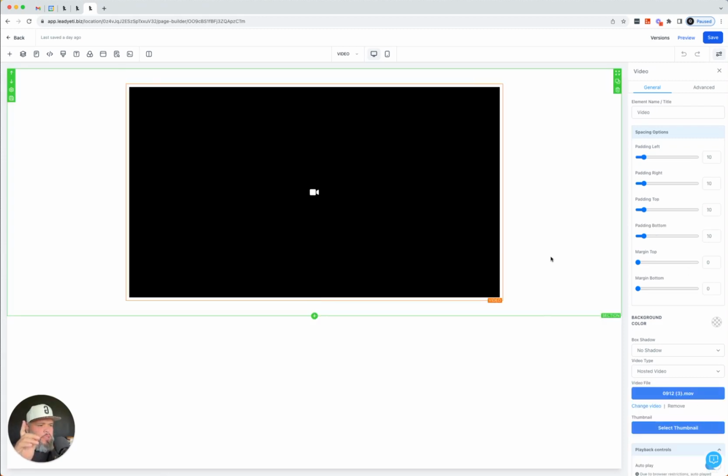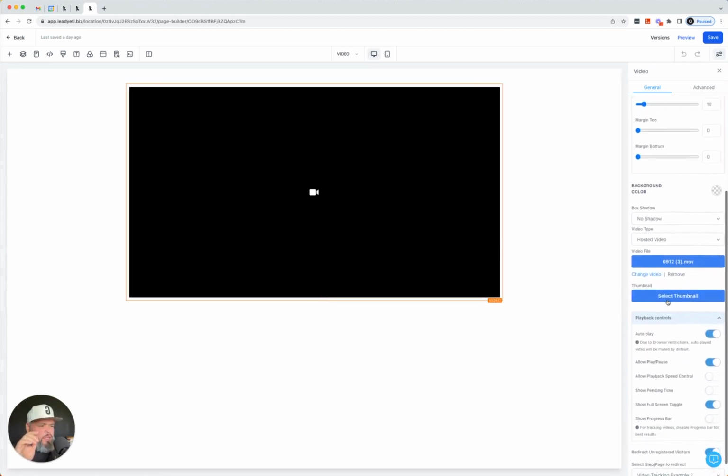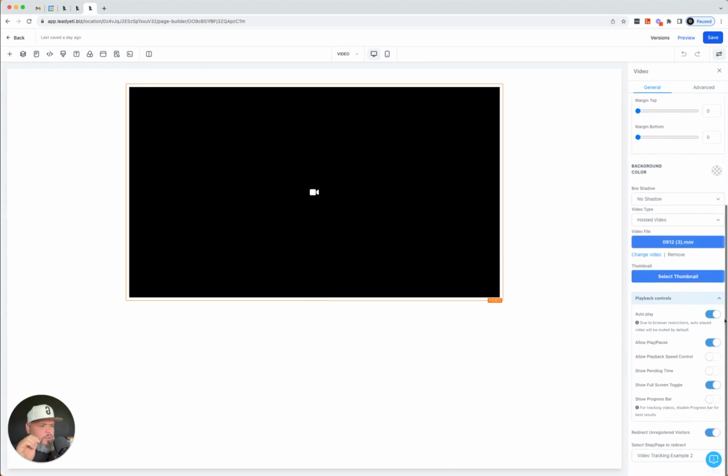First, when you have your video selected here, I want you to allow autoplay, and allow play and pause so that they can pause it and take notes if they have to. But I want you to remove the progress bar. This is important for our video tracking because we don't want somebody going back and forth in the video, to 10 minutes, back to 2 minutes, and then we never get an exact reading of how much of that video